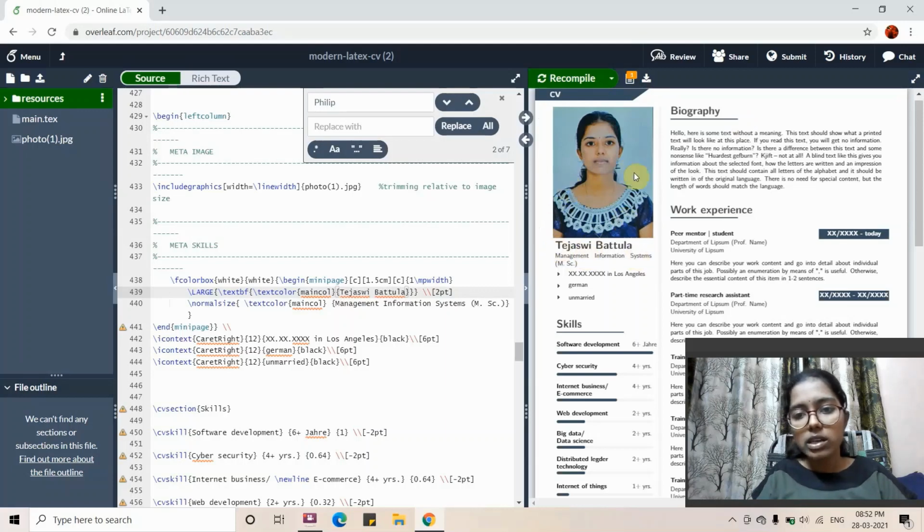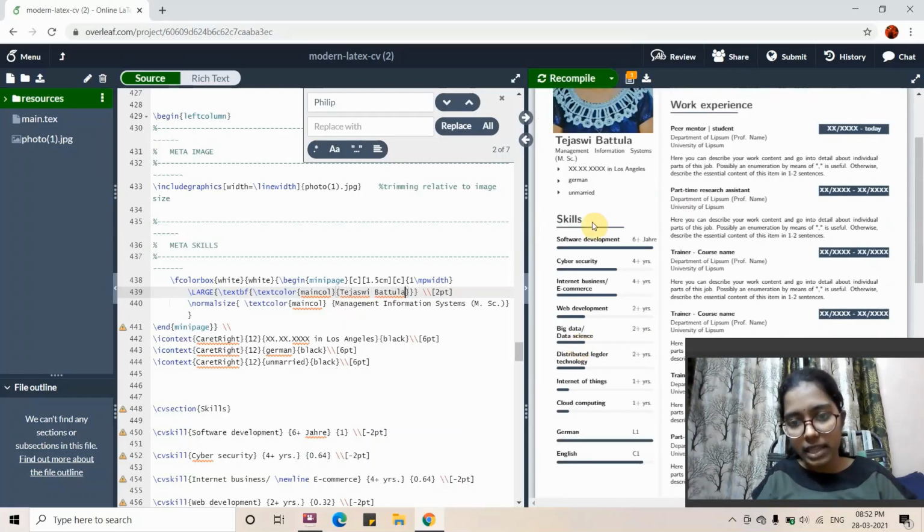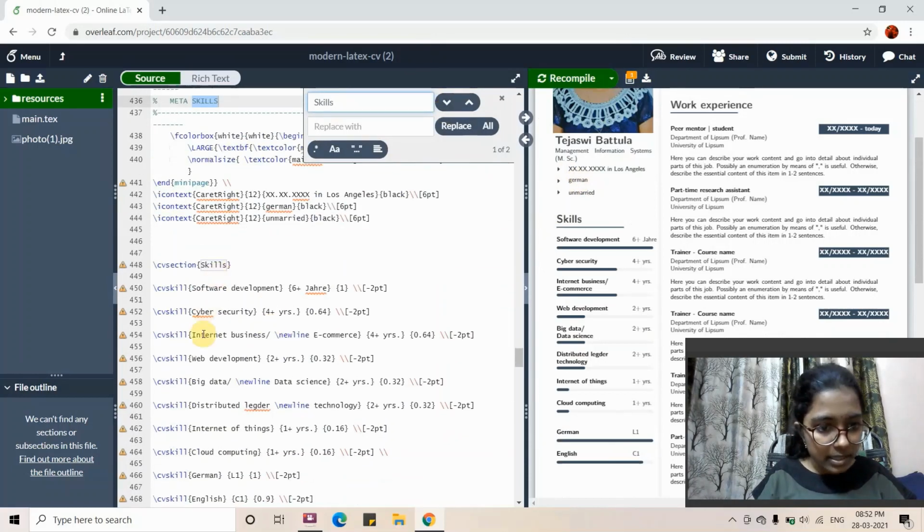After editing all your details, the next difficult thing is how to edit your skill set. To edit your skill set, just go to skills, just search for skills. These are the skills.